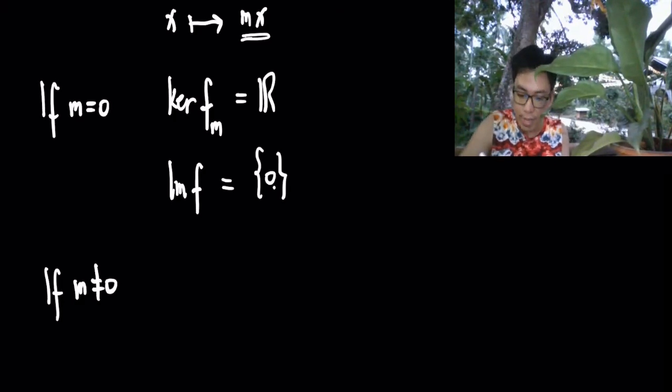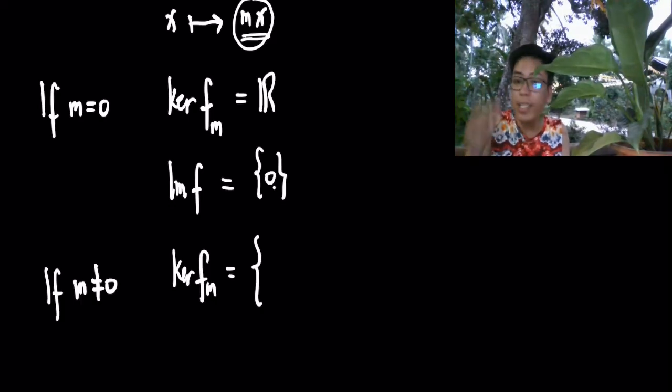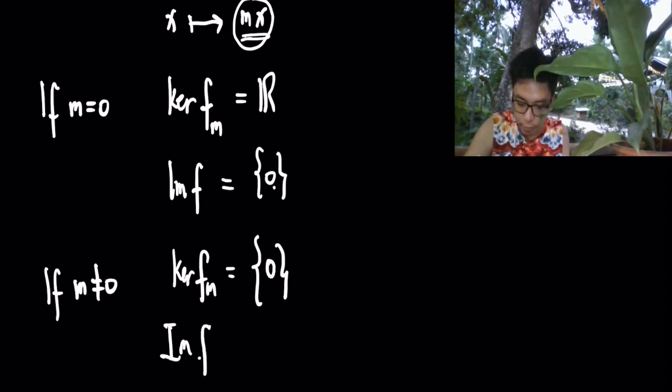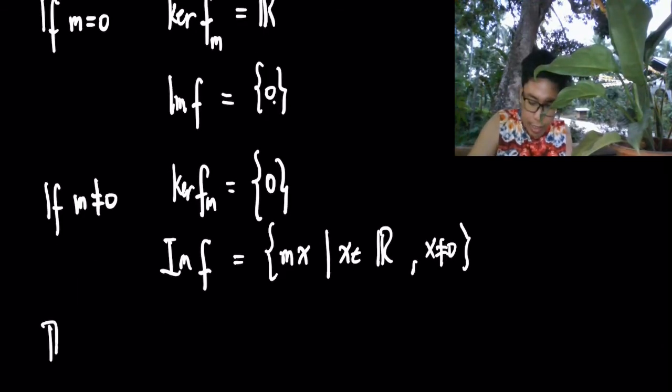So when M is not 0, the kernel of Fm: if M is not 0, then there's no way that this will be 0, meaning to say that the only way we can map an element from the domain to 0 in the codomain is when x is also 0. So therefore, the kernel is {0}. And so the image of F is actually of the form mx. Of course, technically, your x here is in R. Your x should not be 0. And remember, the set M,